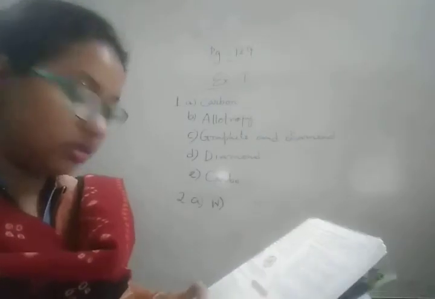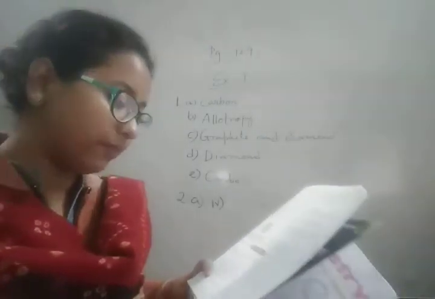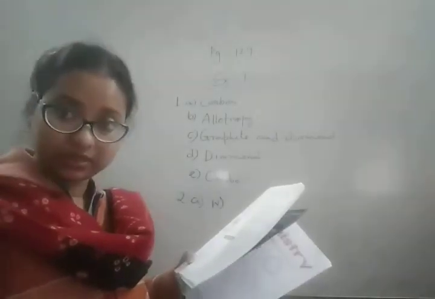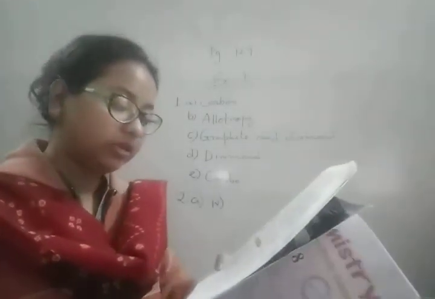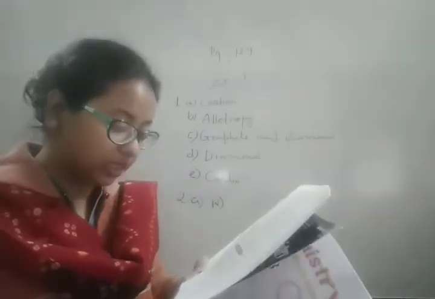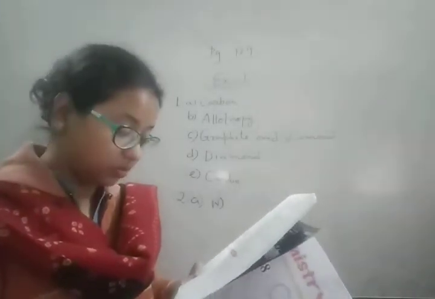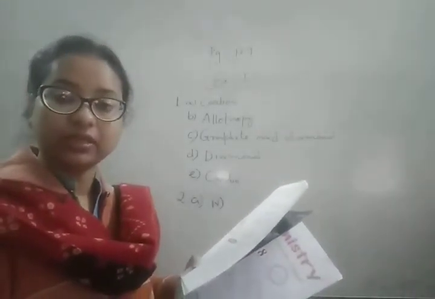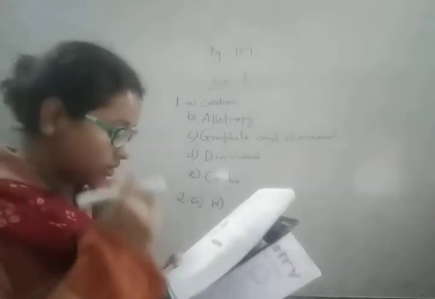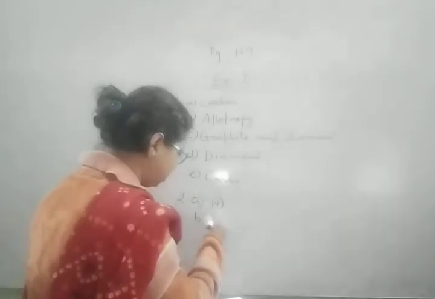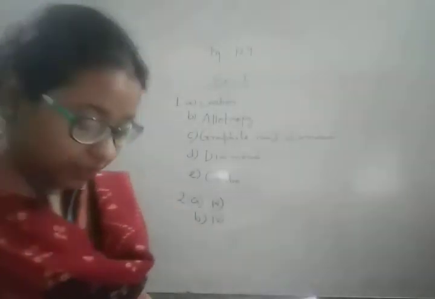Next. A crystalline form of carbon is fullerene. The other options, lamp black, gas carbon, sugar, are amorphous forms of carbon. The crystalline form will be fullerene, or besides fullerene we can have diamond and graphite. As fullerene is given in the options, fullerene will be the answer. So once again the fourth option will be the correct one.